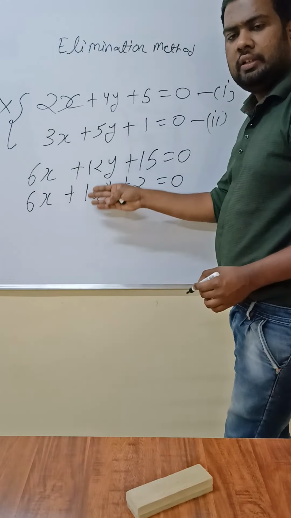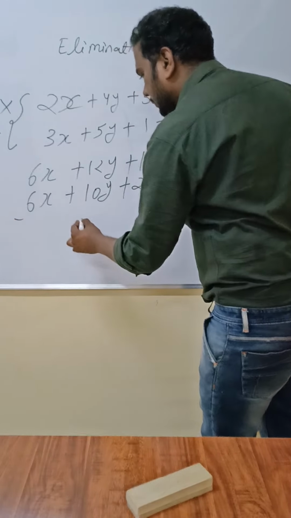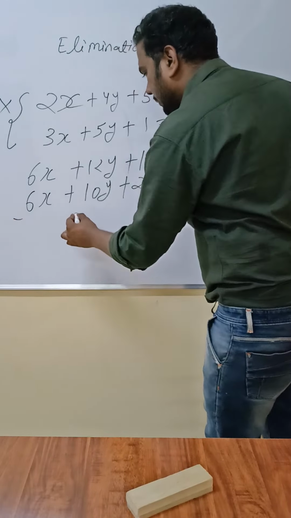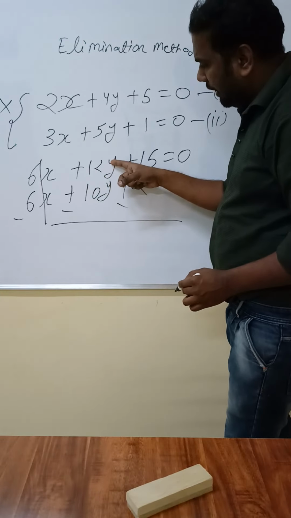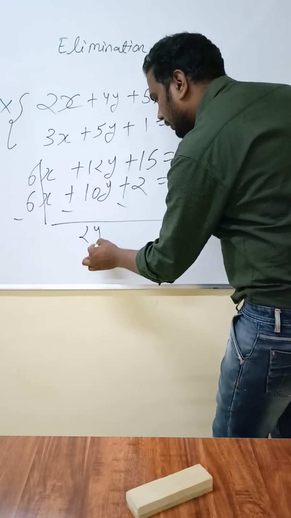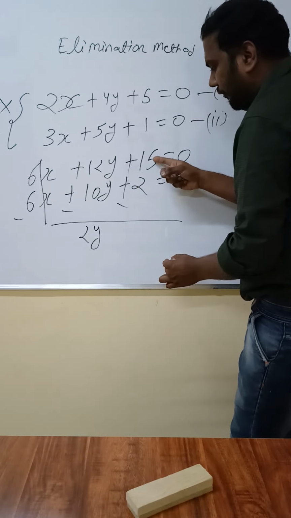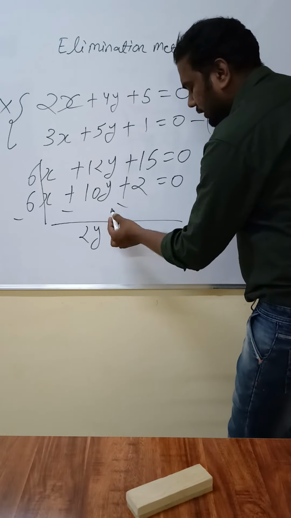Students, we subtract these two equations. Minus, minus, minus. So these terms are cancelled. Then we get 12y minus 10y, 2y. 15 minus 2, that is